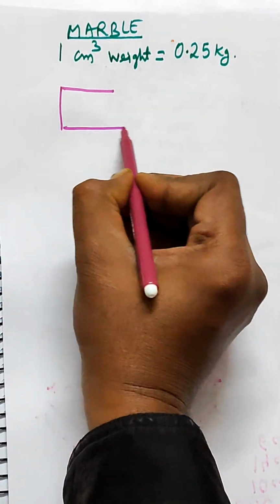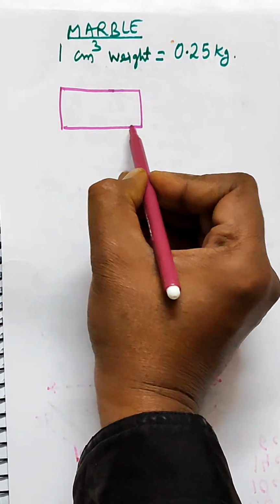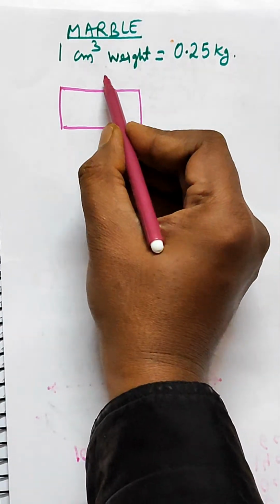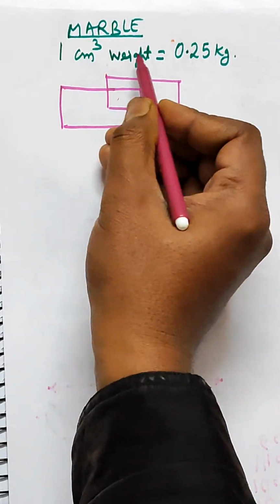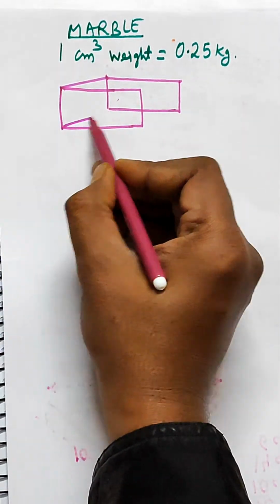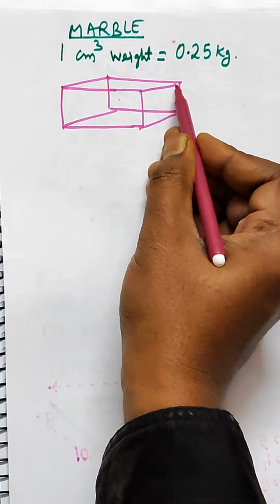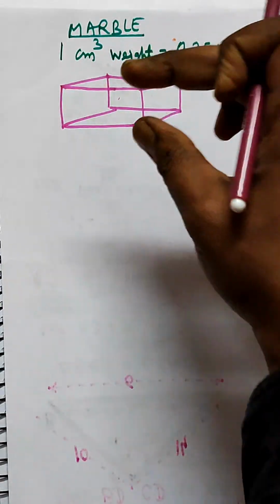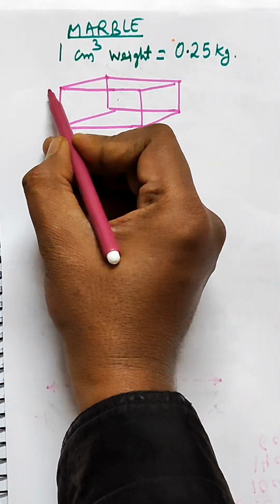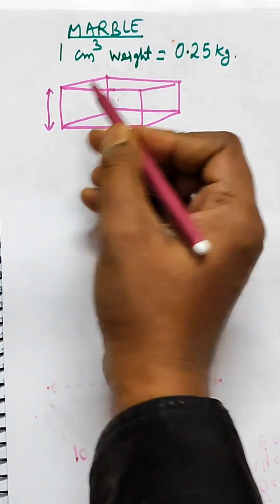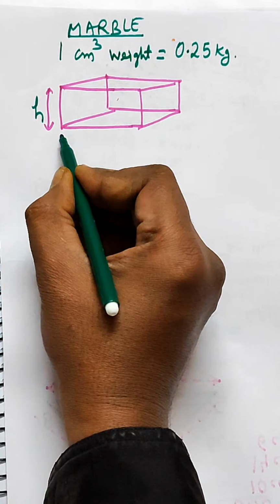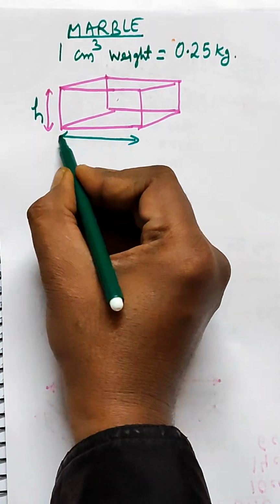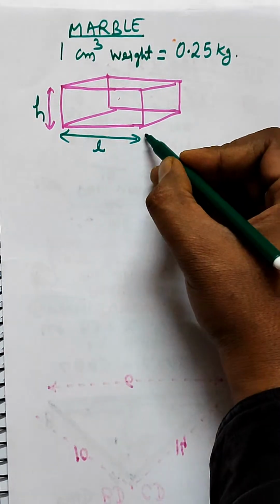I'm drawing this marble. This is just in the shape of a cuboid, if you have seen any marble. The standard weight per cubic centimeter is given as 0.25 kg. If you have a close view of that marble, you can see the height is the minimum. This is the height, and this is the length, and this is the